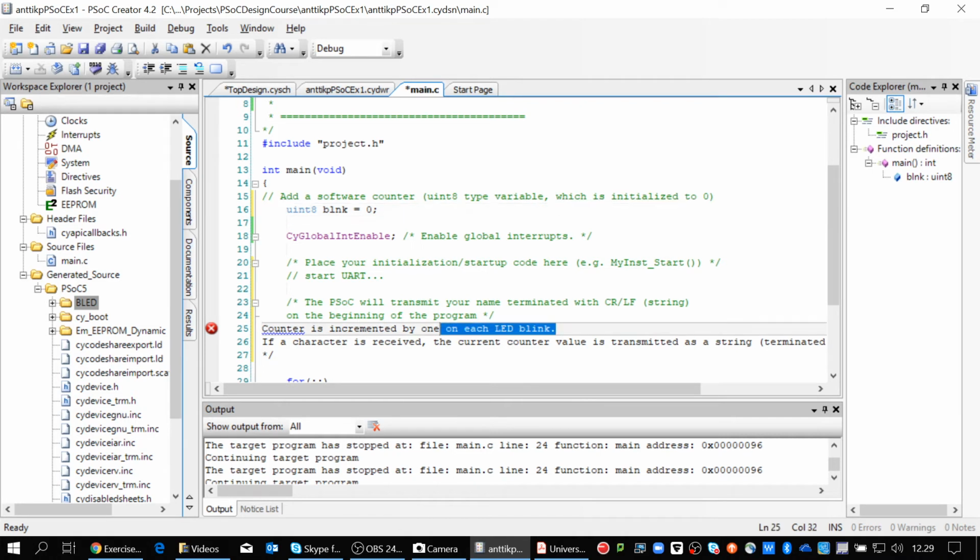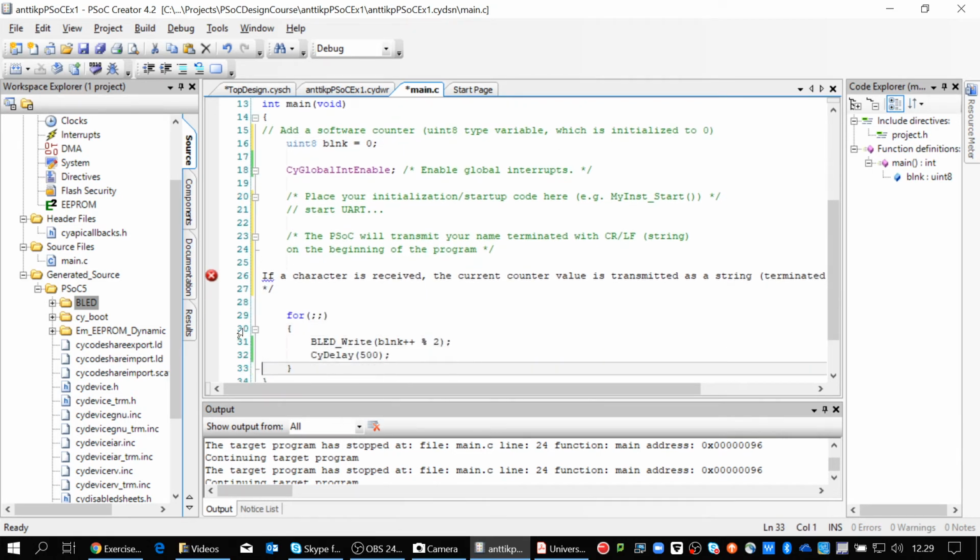Counter is incremented by 1 on each LED blink, which is already, I think, here. Yes, blink. There you go. Done. And if a character is received the counter, so practically what you need to do is